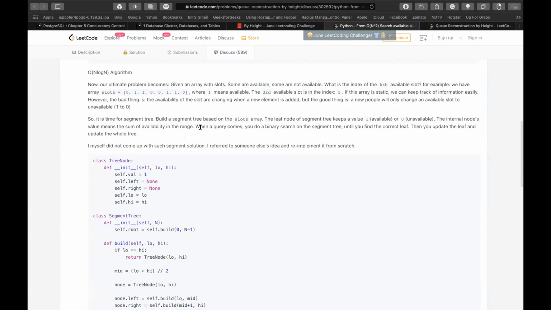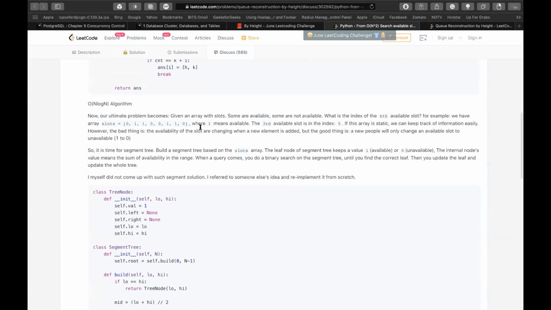Can you run through an example? I don't understand how the cumulative sum is being used. Okay, take this one itself, the slots. 0 means unavailable and 1 means available. Suppose a new element came with some height h, and it needs to be inserted at the 5.